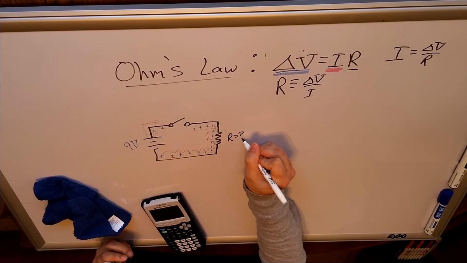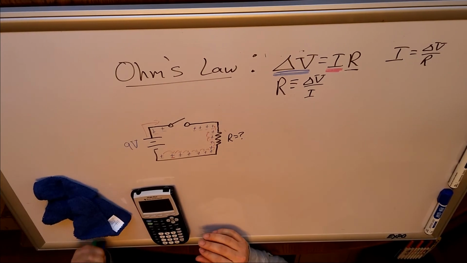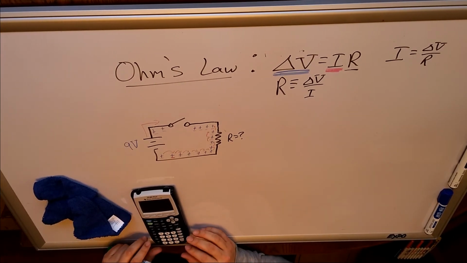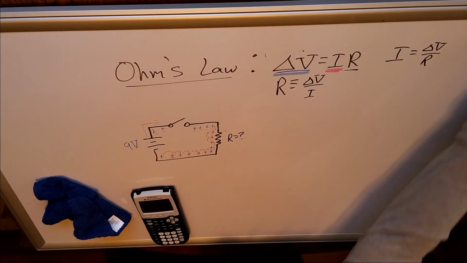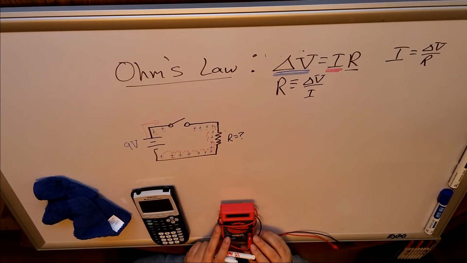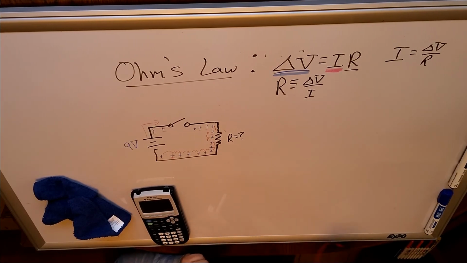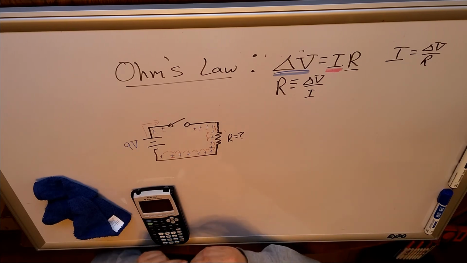R equals unknown. And I'd like to know what that resistor is. In fact, this is pretty similar to the lab that we ended up doing over Ohm's law. However, I'll need a special piece of equipment. I've got a couple different types of ones, but I've got this. This is a DMM, a digital multimeter, and it can make a measurement of a bunch of these things that we're actually